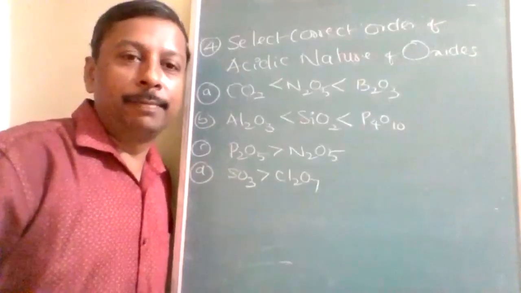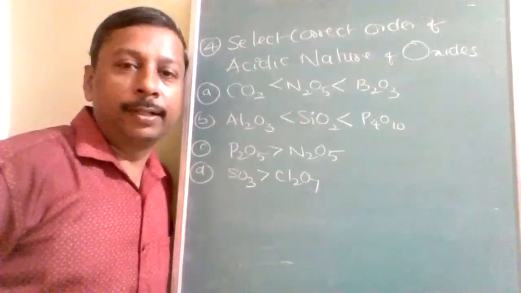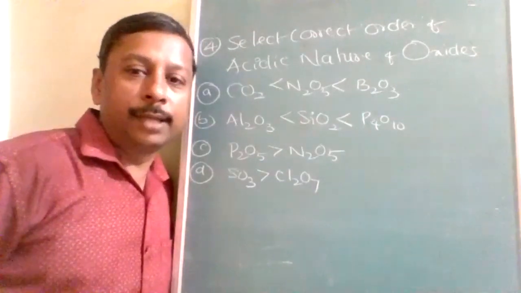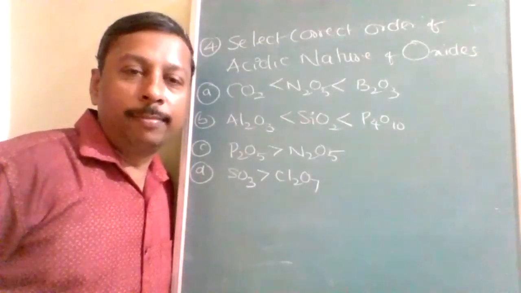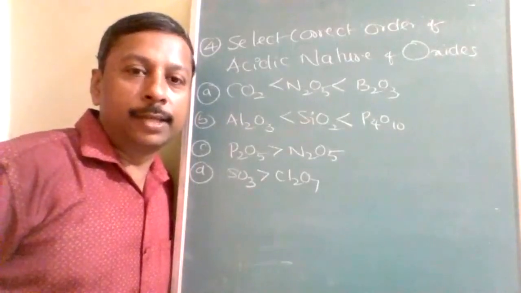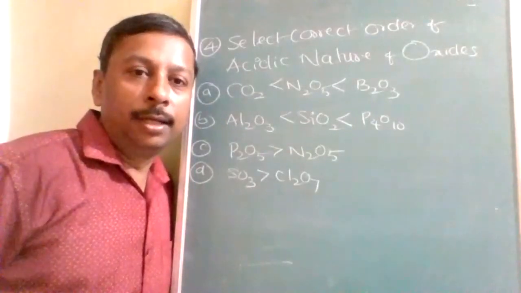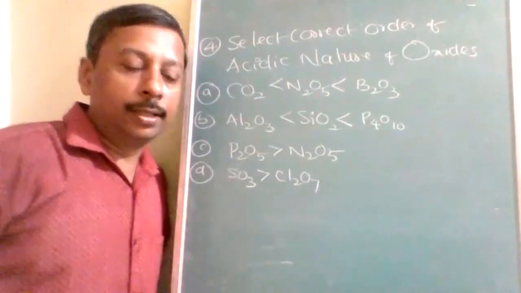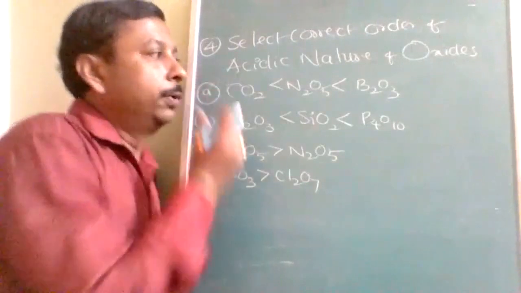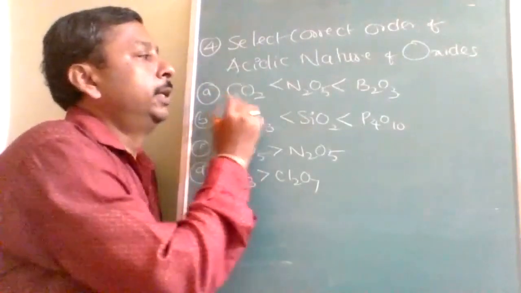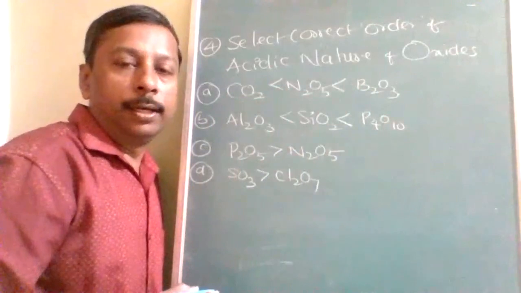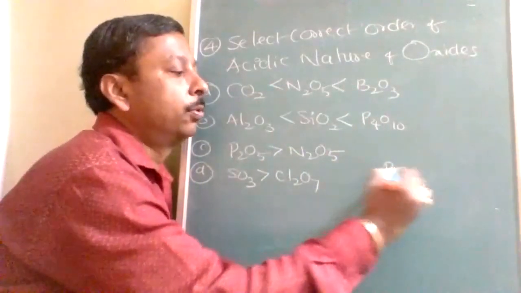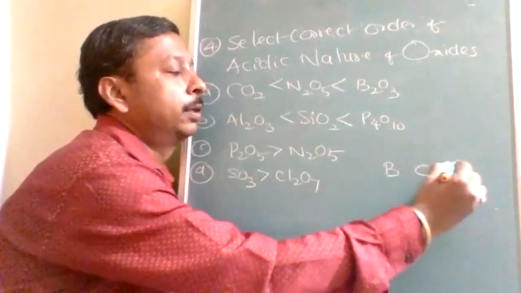Okay, this is a question based on identifying the acidic or basic nature. Questions like these can be segregated based upon two strategies. One strategy will be on the oxidation number, another strategy will be on the electronegativity. So let's see what works where. See, these three elements all belong to what? Period. Actually, boron, then carbon, nitrogen.